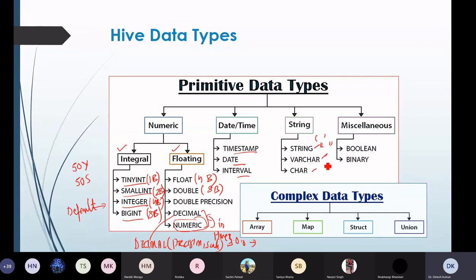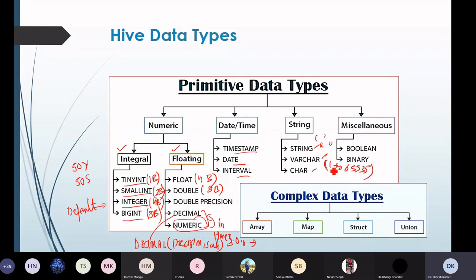Varchar is a data type of different lengths, so it is not fixed. The length of the varchar is between 1 to 65535.